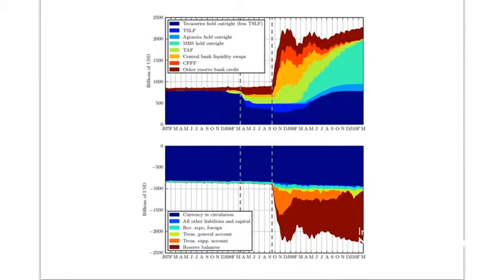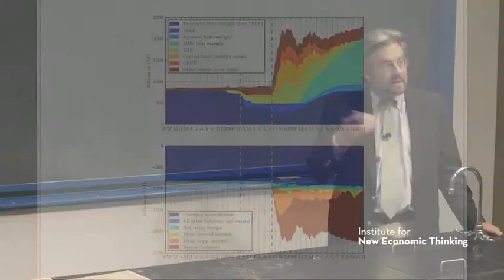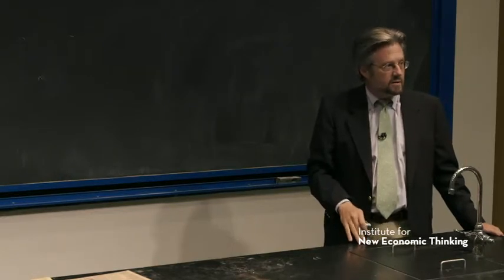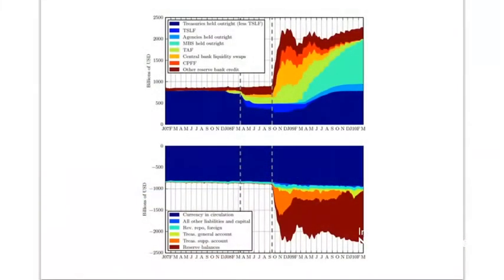After Bear Stearns, you can see they sold off the Treasury bills, or at least half of them, and they lent the proceeds to broker-dealers and all kinds of people, direct lending to banks and to dealers to try to support financial markets. And that worked, and there's no change in liabilities. You can see that was just selling Treasury bills and taking the proceeds and lending them out. But that wasn't enough.